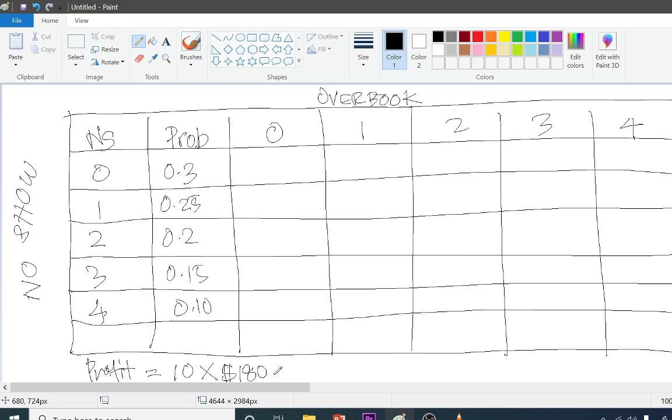Then you minus the cost of running the airline flight, per flight, which is 450, and totaling 1350. So for the situation of zero overbook and no show, in the actual situation in which 10 booking, all people show up, the value of the profit is